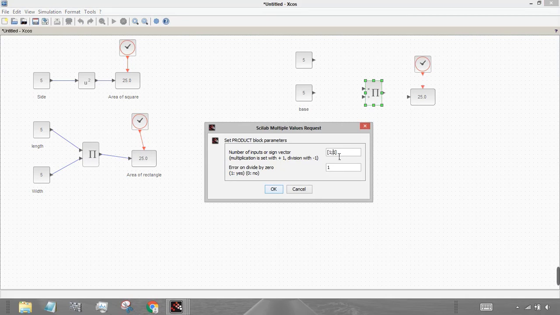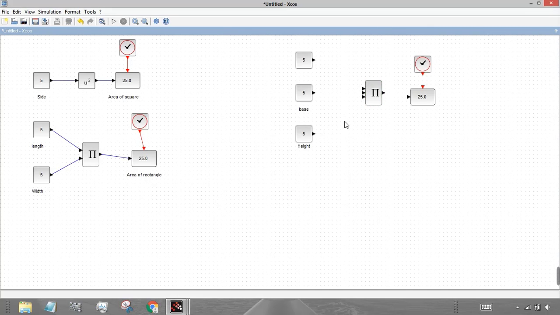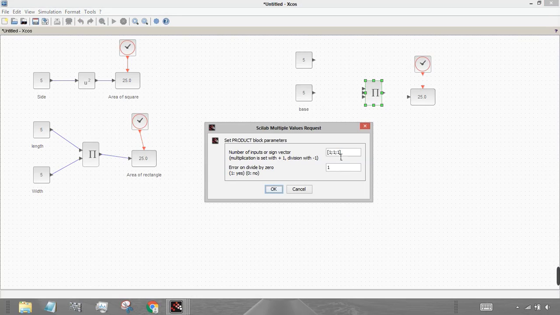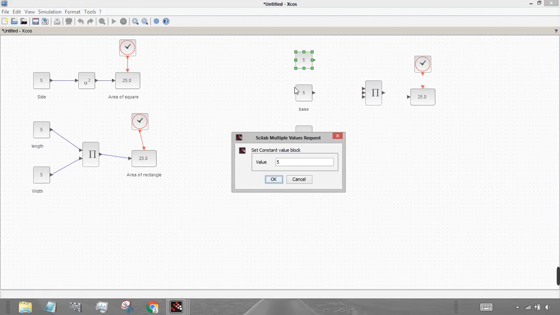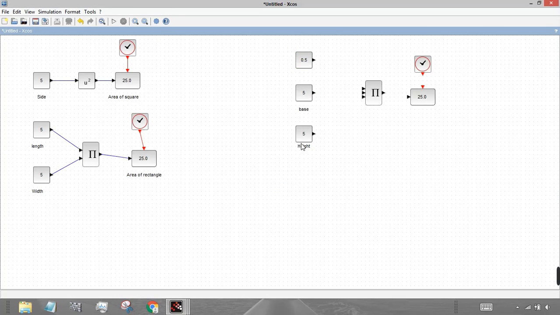First I'll remove the negative value and add another one to it for increasing the input. As we have added one, it will add another input. We'll write it as half, which is 0.5, into base into height. I'll connect this block to input.